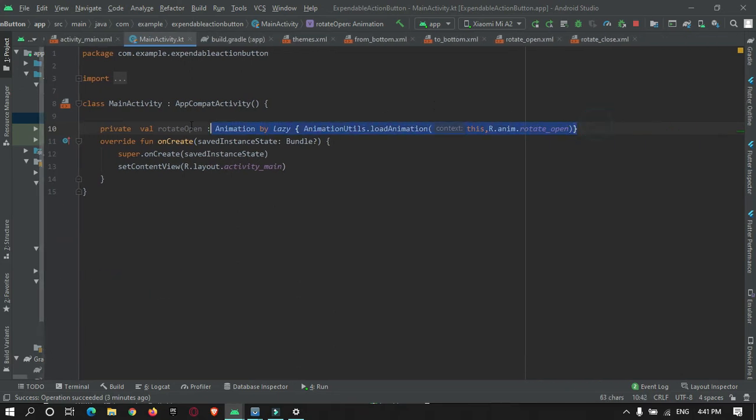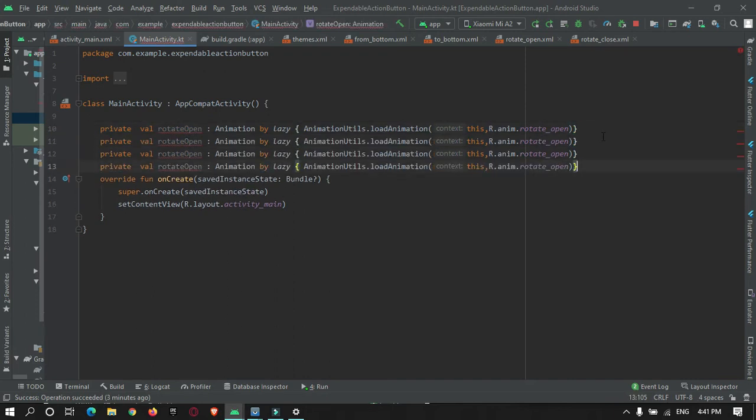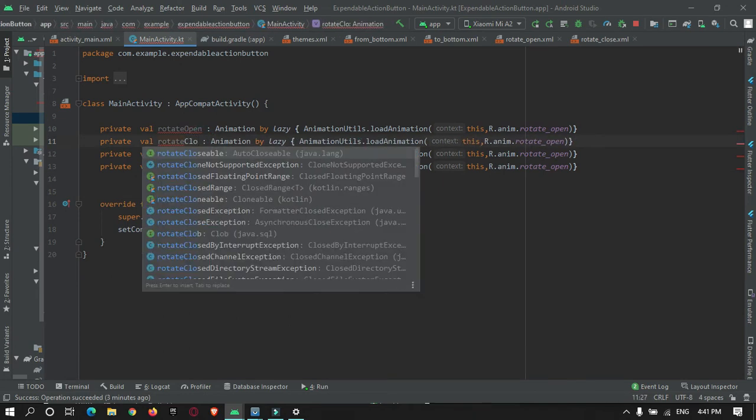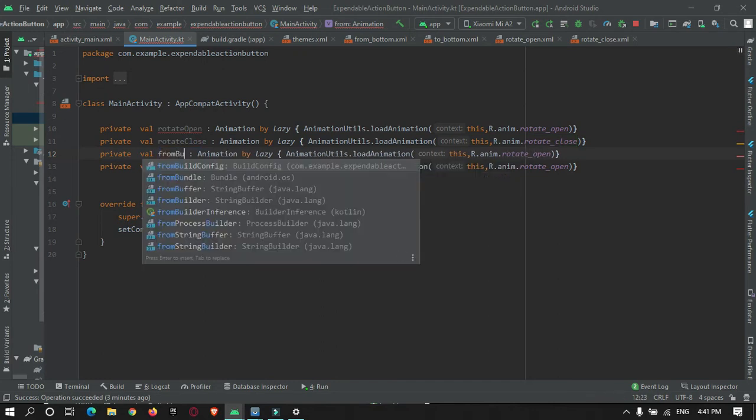I will just copy this code for the other animation effects. The second one is rotate close, for when closing. The third one is from bottom.